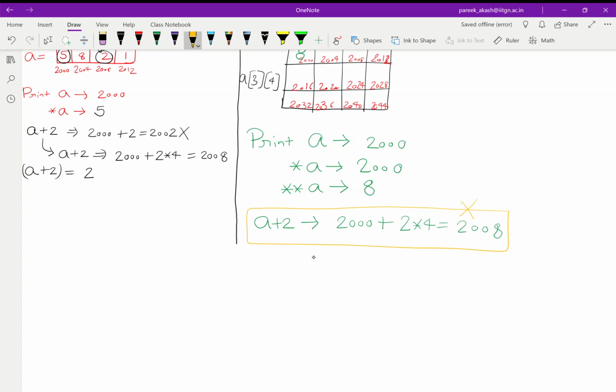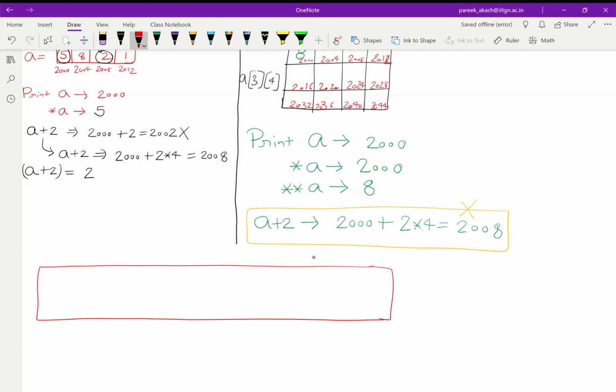Suppose I have a big array A, which contains 3 elements, 1, 2, 3, and each element is again itself a 1D array which has 4 parts. So the array will look something like this, because there is nothing like a 2D array in our computer memory.